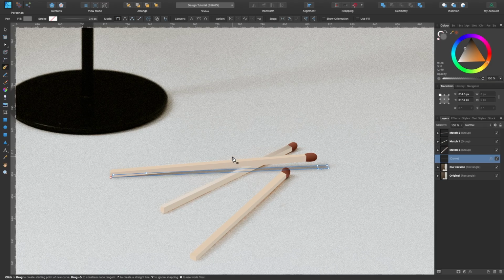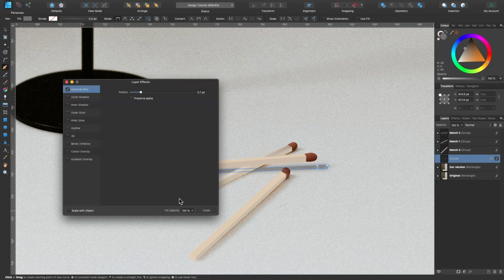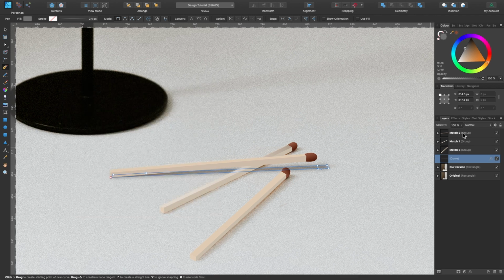So I'm just at the point here where I finished the matches, and basically I'm just using the pen tool to trace these shadows, adding a Gaussian blur onto it, and that's it. And they're just under the match layers, so all of them are underneath. So the next shadow I'll make is just over here, and the next one is here. I can use the Gaussian blur, and also don't forget you can use the transparency tool. So if it doesn't come transparent enough at the end, you can just chuck that transparency on there and it disappears. All right, moving on.